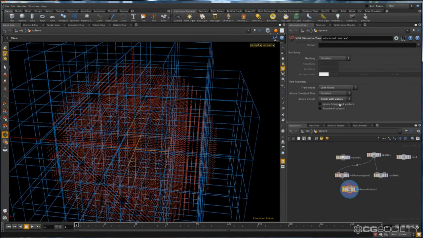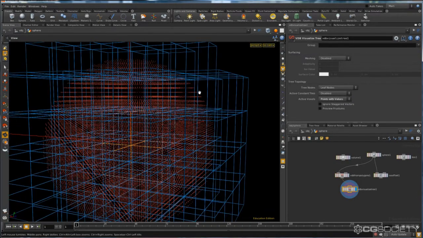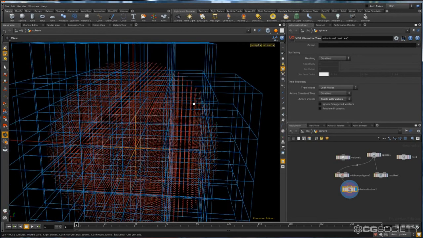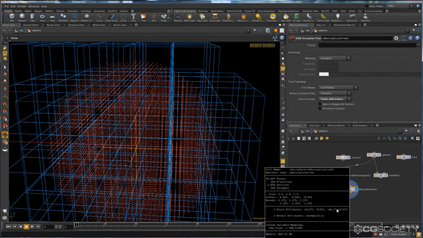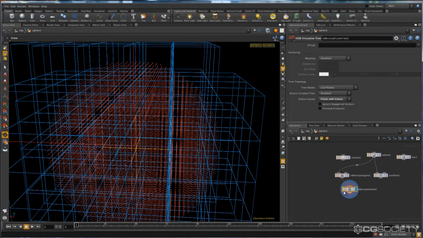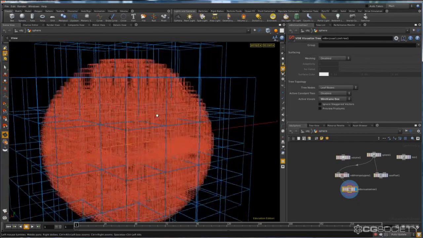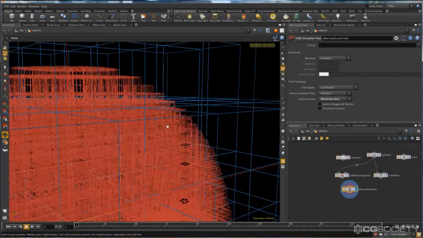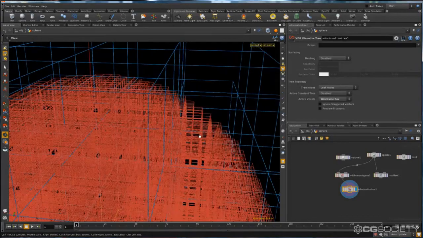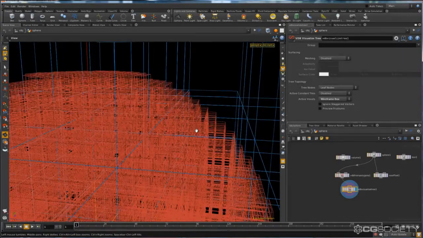This will copy the values to the points of the voxels, and it stores it in this attribute called VDB float. So that gives us the value of the voxel. We can see wireframe box, and this is actually showing the spatial dimension of each voxel. So if I set this to solid box,